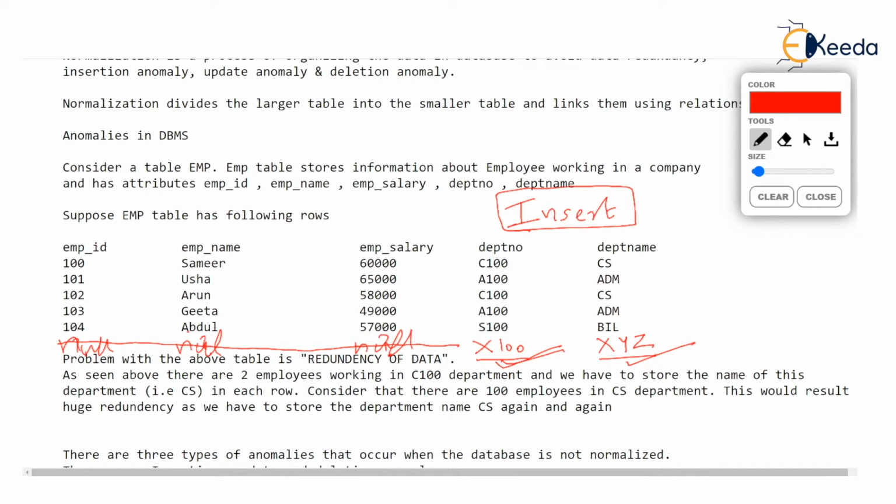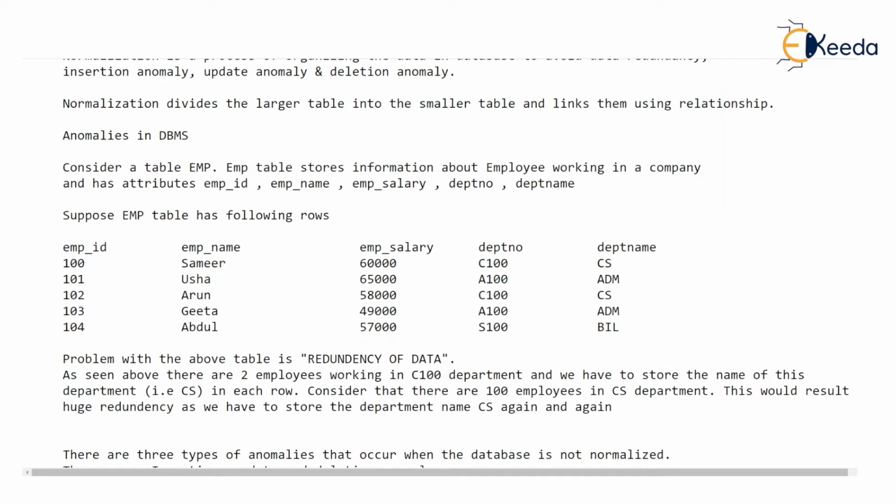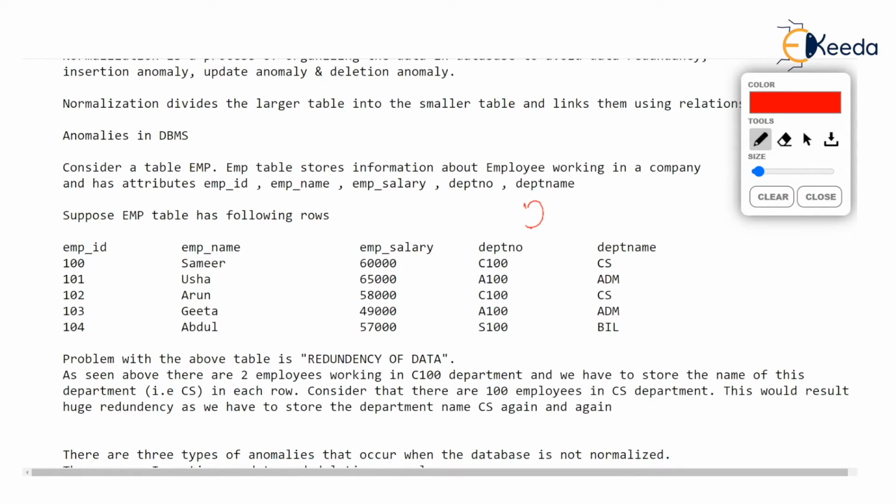So I hope you are understanding update anomaly and insert anomaly. Now the third anomaly is delete. Look what funny situations are occurring, isn't it? Due to bad design. Now here comes the delete anomaly. Just imagine one fine day, the company decides to close the department S100, which is the billing department. I don't know why, but they decide to shut down this department. Now, in this entire table, you can see that only Abdul is working. There is only a single employee in the billing department. Well, the company has not decided to remove Abdul, a very efficient person.